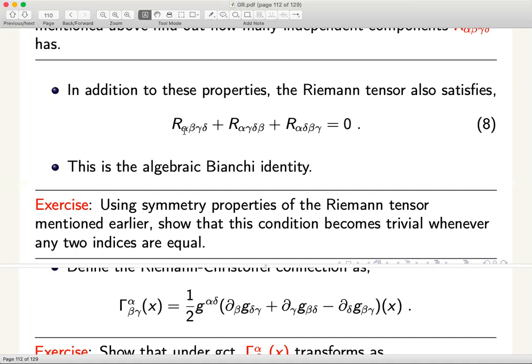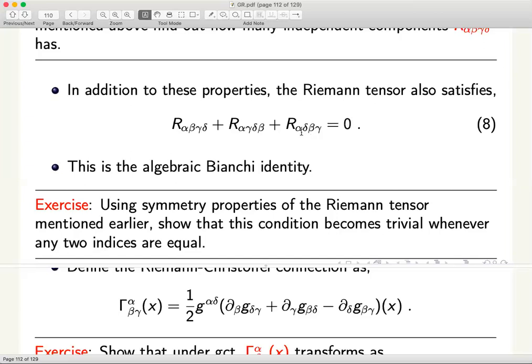Suppose you take alpha is equal to beta. Then as I said, because of the antisymmetry, our alpha beta gamma delta would just vanish. But the second and third terms wouldn't vanish, because there is no specific symmetry property between the first and fourth index, nor is there any specific symmetry property between the first and third index. Now there is a property that you exchange the first and third index and the second and fourth index, but that is different from having an individual property of exchange between the first and third index. There is no such property available, but it tells you that these two pieces added would give you 0.